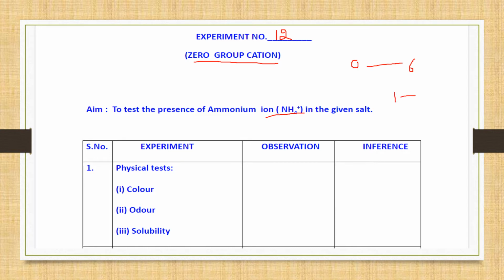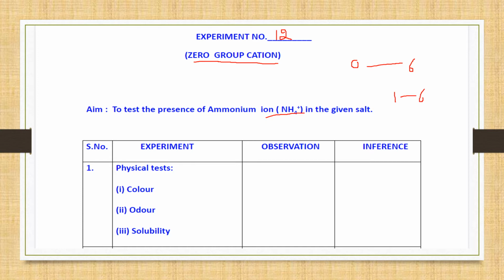Group 1 to 6 contain metallic ions, but this is an ion which is having nitrogen and hydrogen in it. So it is different from them. And the reason to put it in 0 group separately is that its precipitation in the form of its compounds is difficult because of the solubility product. But when I start from group 1 and move towards group 6, there is increasing solubility product. This is how they have been categorized. But ammonium salts are difficult to get precipitated. That's why it is kept totally separately from the other groups.